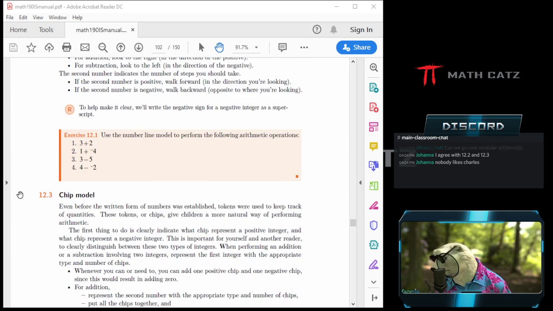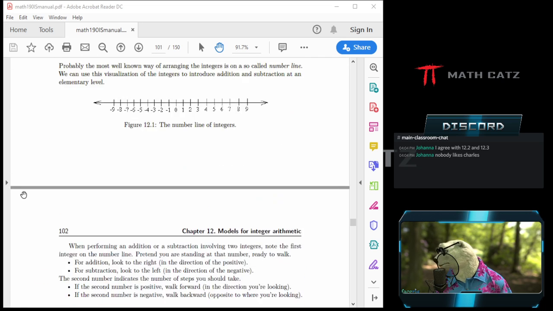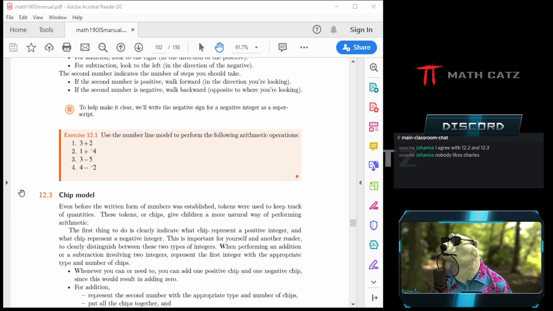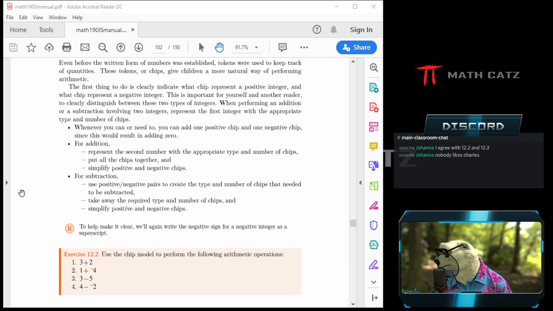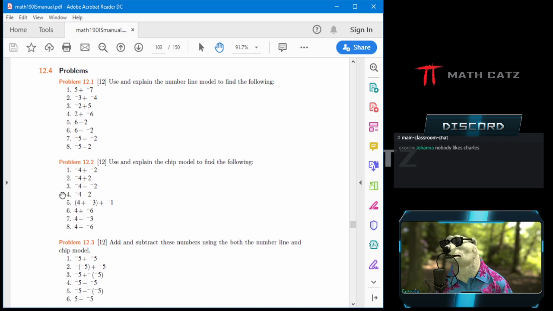there's some stuff, but there's mainly two things that we are paying attention to, and that is the number line model and how to explain that. We're now going very way back to basics. How do I teach little Timmy to walk on the number line and do arithmetic? And the alternative is the chip model, which in some cases people think it's more intuitive, but as soon as I get to negative integers, it's questionable if it's actually better. It's just an alternative.